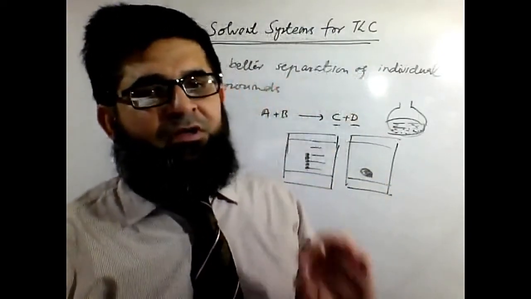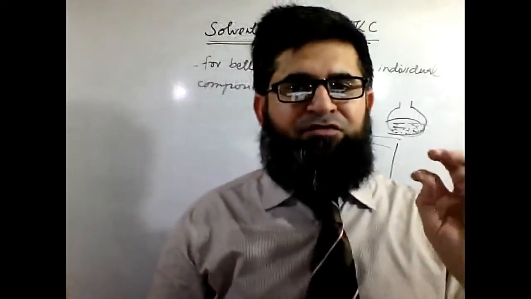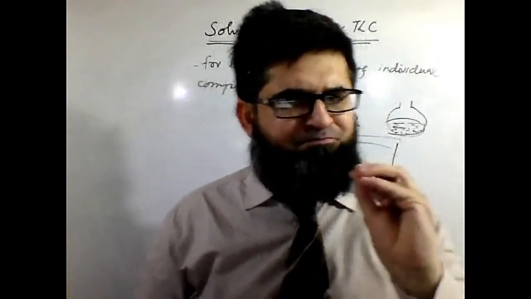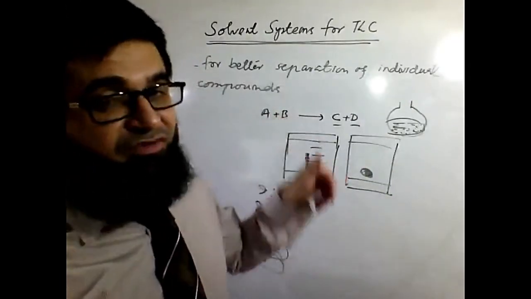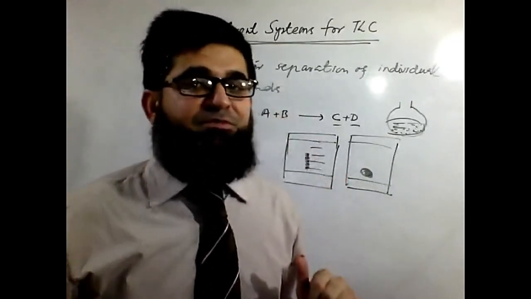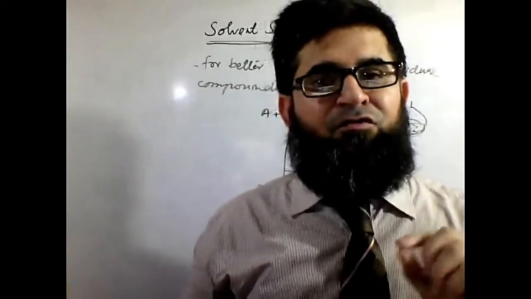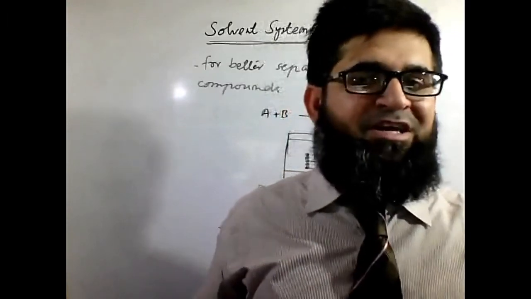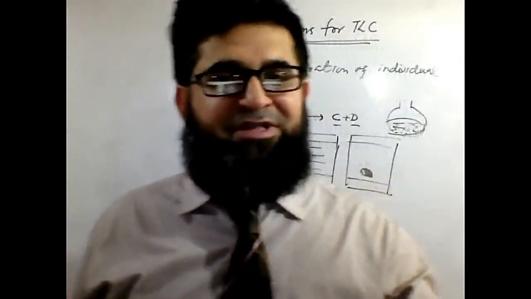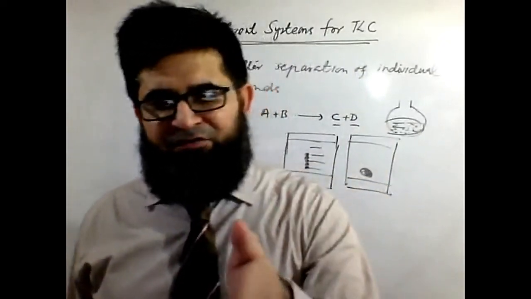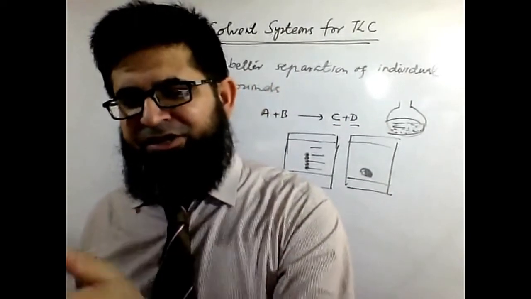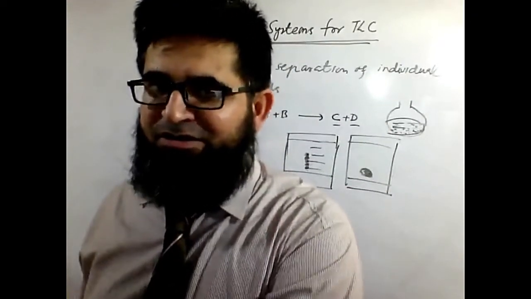If you have a mixture from plants or any other natural product, they could carry more than one component. Under such circumstances, maybe you need to apply 4 or 5 different solvent systems one by one. Once you have applied one system, your TLC is done, and you can put it on the desk for reference. Let's say you have performed TLC in 90-10, afterwards you perform 80-20, then 70-30, and then 60-40.